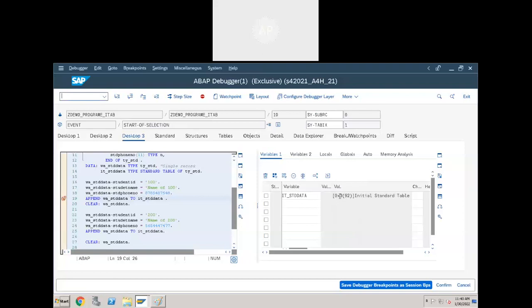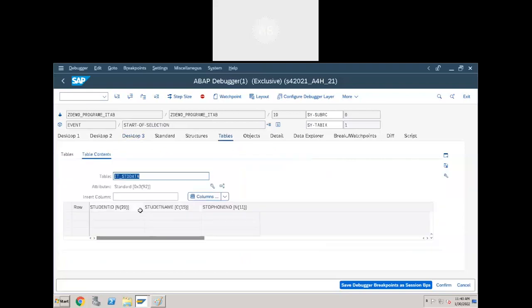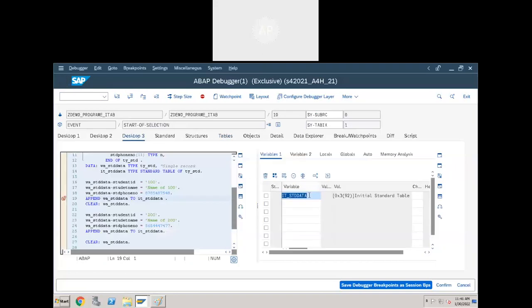What is 0 here? 0 means the number of records. And what is 3? 3 means the number of fields. How many fields do we have in this internal table? 3 fields, right? Yes: student ID, student name, and student phone number.